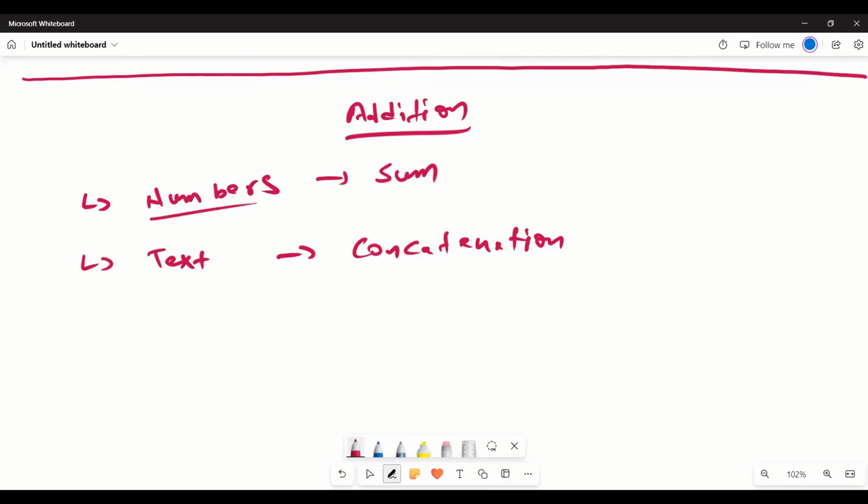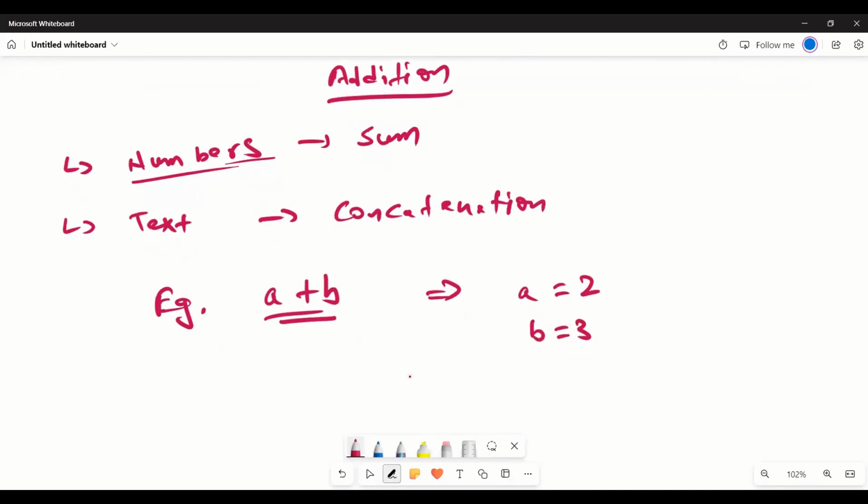Let's discuss the addition of numbers. It is very simple and basic. If you want to add two numbers, you can directly use the plus sign between the numbers. An example could be, let's say A is 2 and B is 3. If you want to perform the addition operation, there's some variable C which I'm assigning to the result that I'll get from A plus